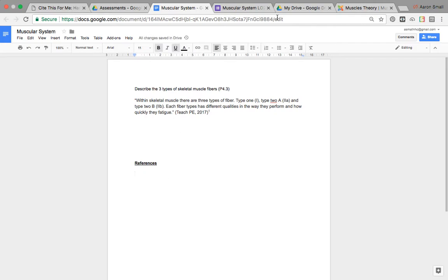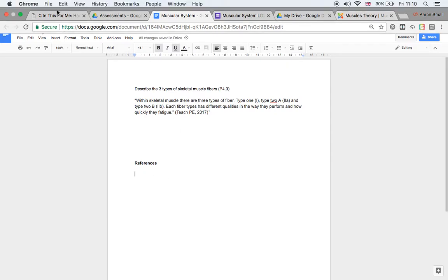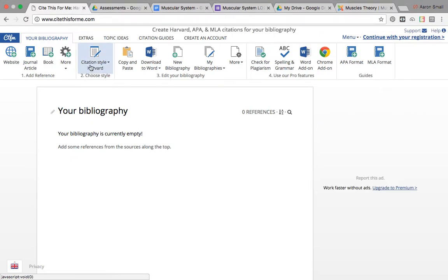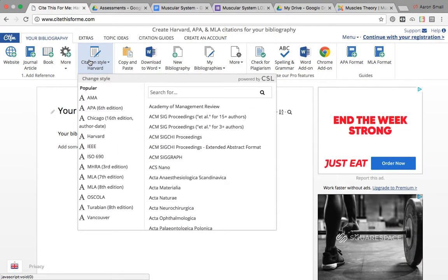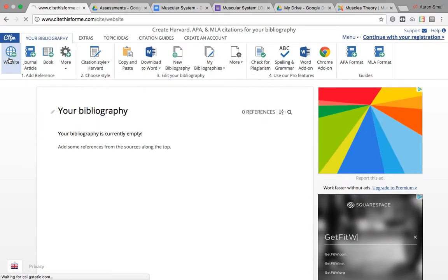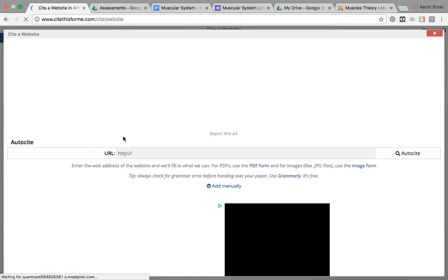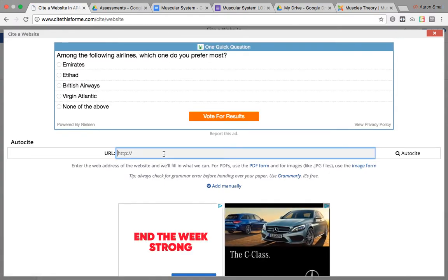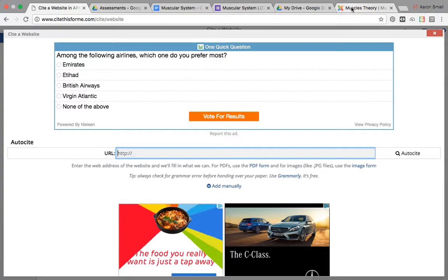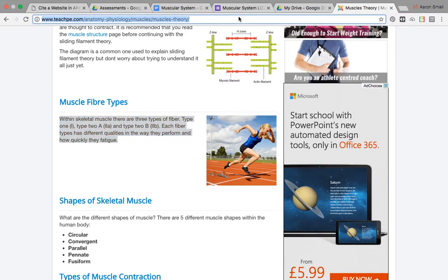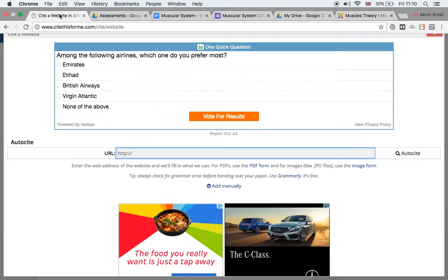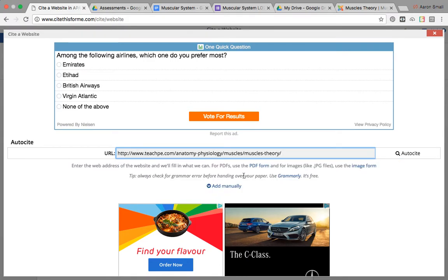I then go down into my referencing section, and for this I've gone to my website, I've gone to citation style Harvard, I've gone to website, it's going to use auto site, so then it's asking me to put the web address in here, so I find my website, I copy my website, I paste it into the link,